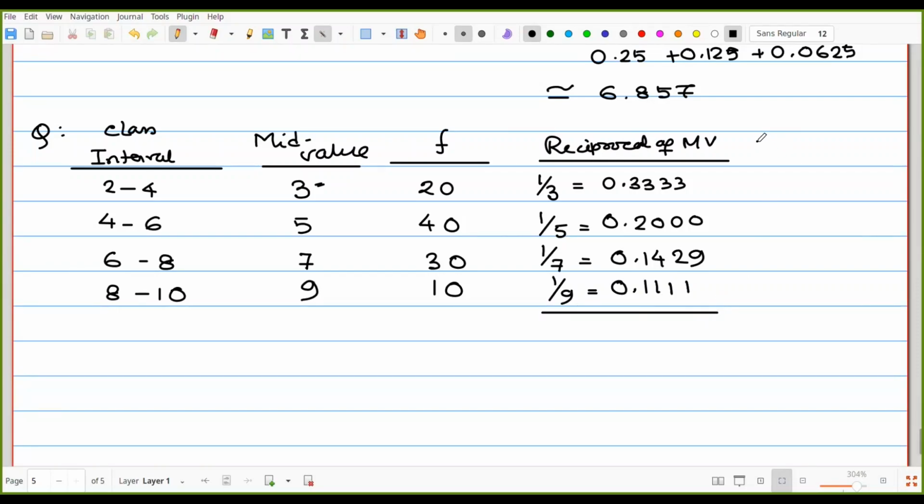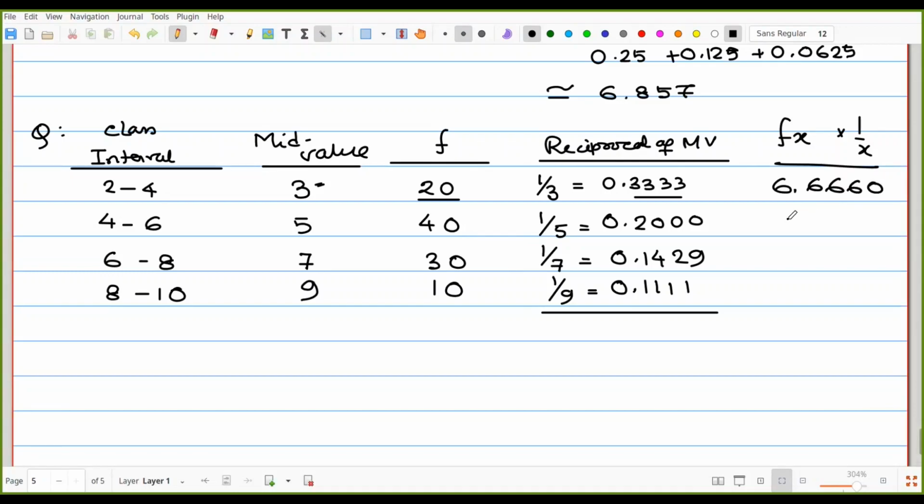So the final column is f into 1 by x. That means 20 into 0.3333, that gives us